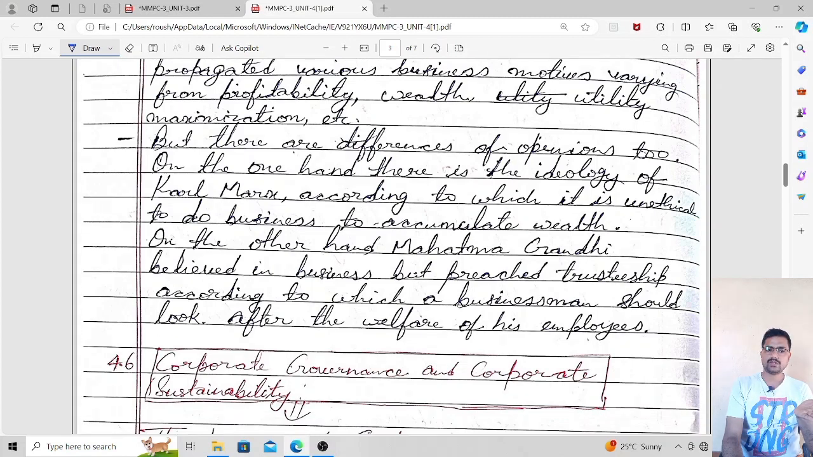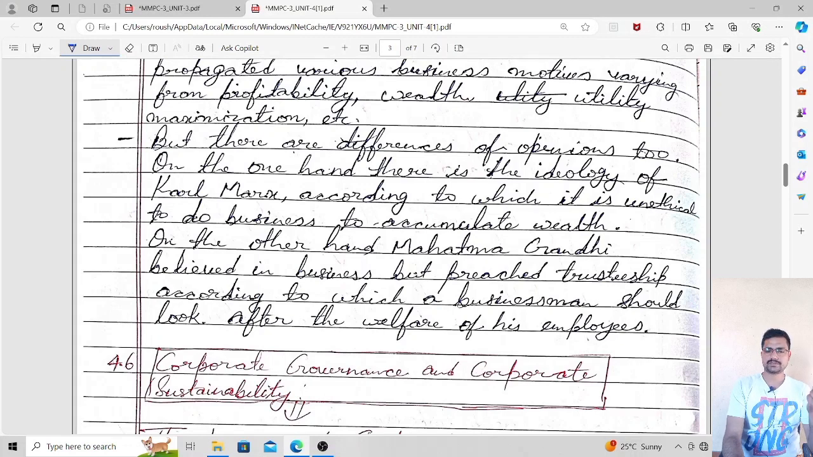too. On the one hand, there is the ideology of Karl Marx, according to which it is unethical to do business to accumulate wealth. So, Karl Marx says that businesses should not be to get the profit or to accumulate wealth. So that's why, according to which it is unethical to do business to accumulate wealth. On the other hand, Mahatma Gandhi believed in business but preached the trusteeship, according to which a businessman should look after the welfare